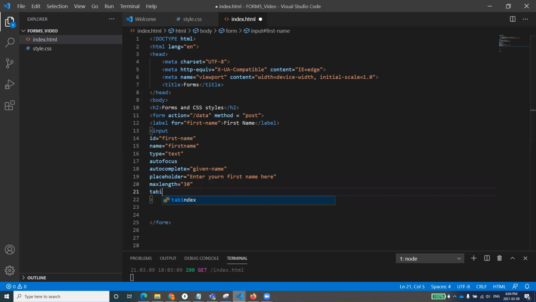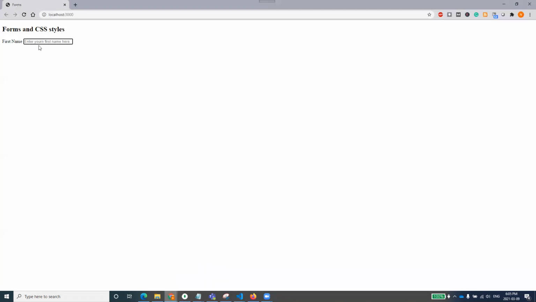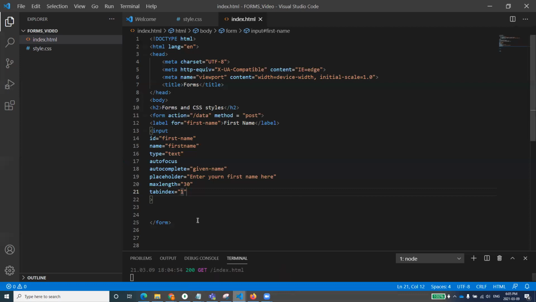Another very important thing is tab index. I hope you are familiar with it. If you are not, tab index matters when the user is not using the mouse but the keyboard. When I press tab, tab, tab, where should my user go? It's automatically focused, autofocused. It has the placeholder, it has the name entry, and its tab index has been set to 1. If the tab index is some sequence, the focus will follow that order.